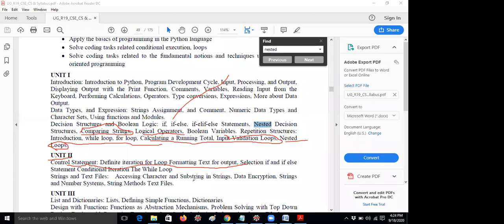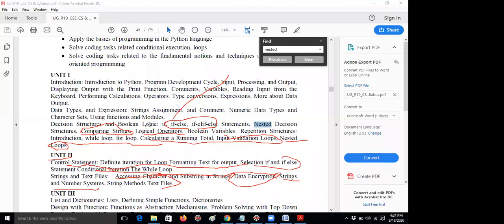They again specified selection, if else, and the while loop, already completed in unit 1. Strings and number systems are also completed. In unit 3 we have only accessing characters and substrings, text files, and data encryption. Remaining concepts are completed.